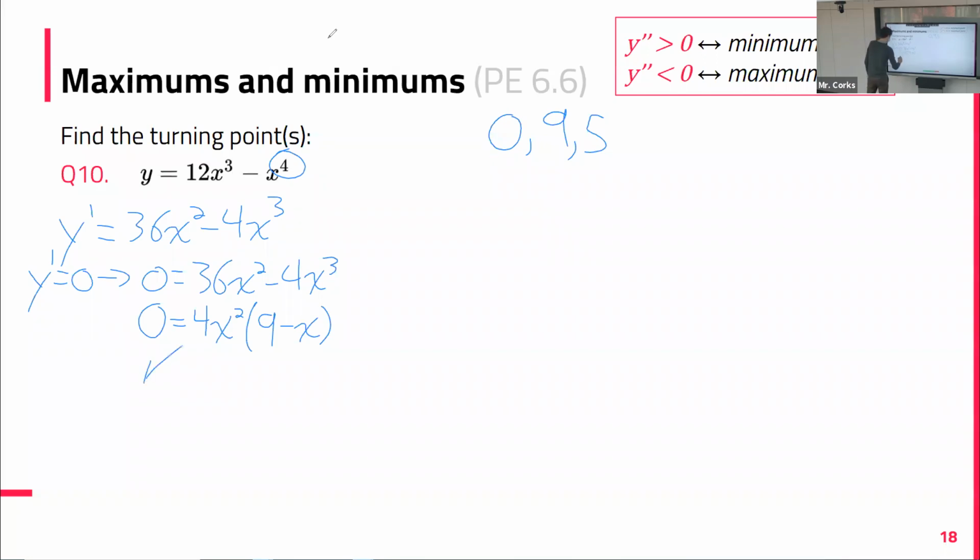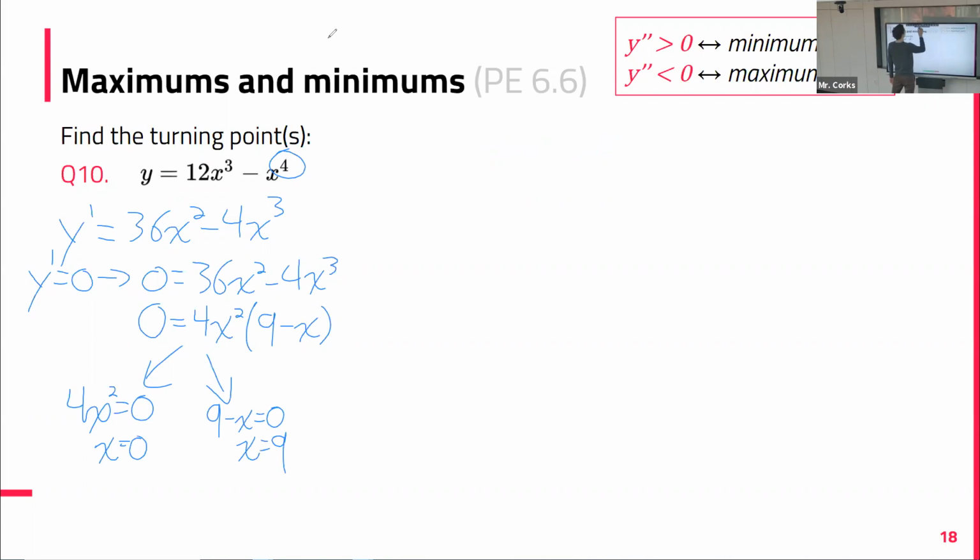So solutions here: 4x squared is equal to 0, so x is equal to 0, or 9 minus x is equal to 0, so x is equal to 9. So 0 and 9 turn out to be the two. All right, so what types are these? What types are they? And that is our second derivative test here. So second derivative, y double prime is